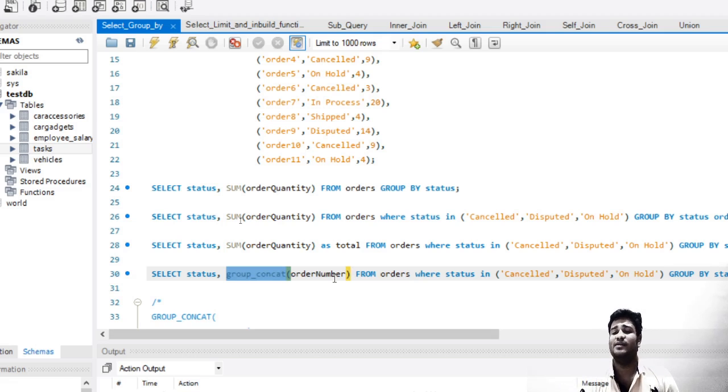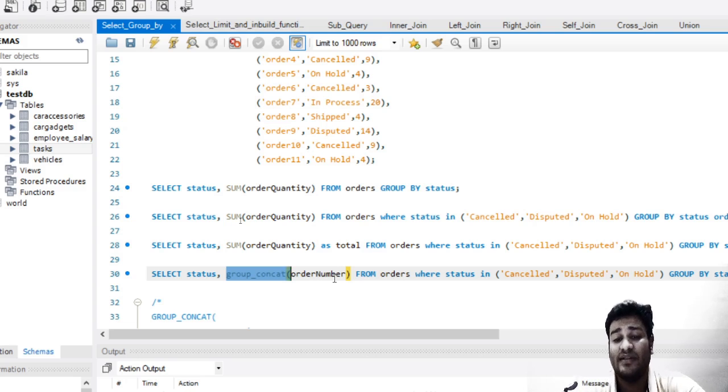So at the end, group by is something which has a very frequent business use. People use group by in many cases, and it is being used in a lot of places. You need to identify where it will be used. Whenever there is a column with duplicate values, and for those duplicate values you need to do some sum of another column, or you need to see what all things are on hold or what all things are in shipped, you will use the group by statement.